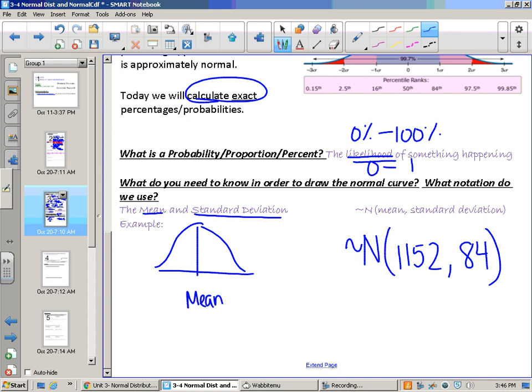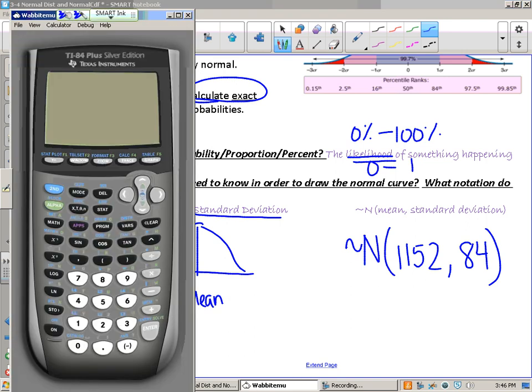So I do need you to have your calculators out, please. Make sure you have them out and ready. As we flip over our notes,